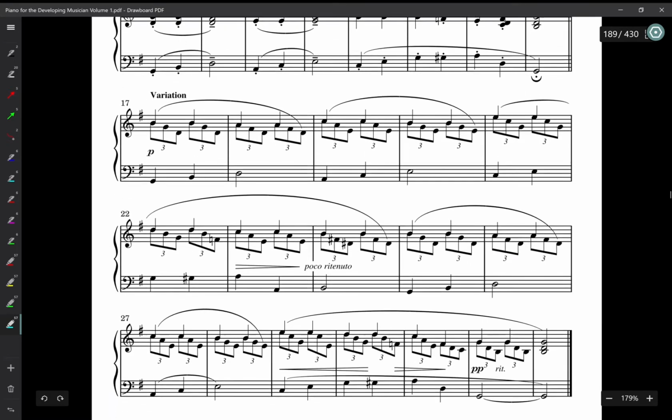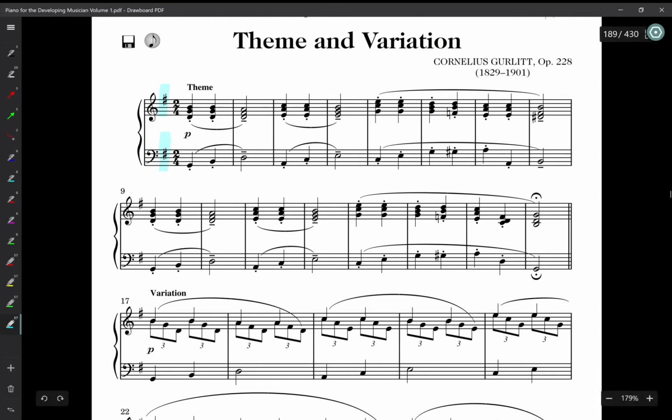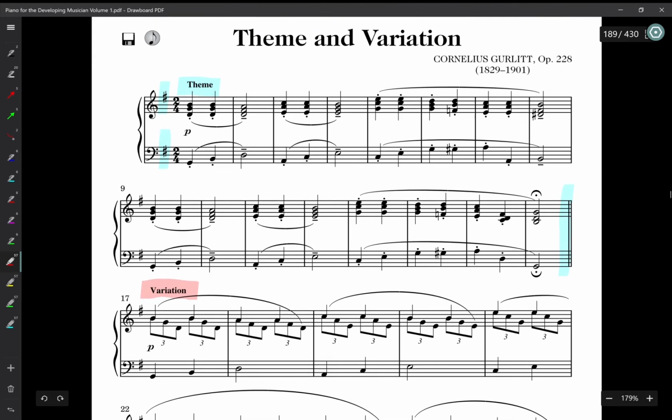Okay, and it's a theme and variation, so you'll see that the theme section, which starts here, ends right there. And then we have a variation that occurs here and goes to the very end of the piece. So let's compare some of the parts just to see what has changed and what doesn't change. Let's start off by looking at the